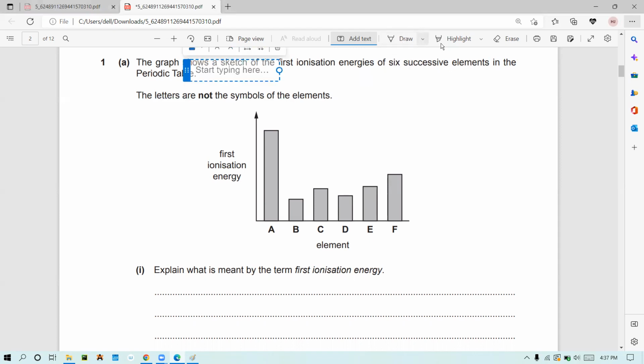periodic table. Even though the word successive comes, it's not successive ionization. This is about first ionization energies of 6 successive elements in the periodic table. Do you remember? First ionization energy graphs, they take a kind of